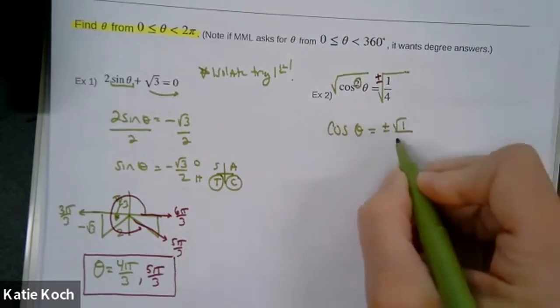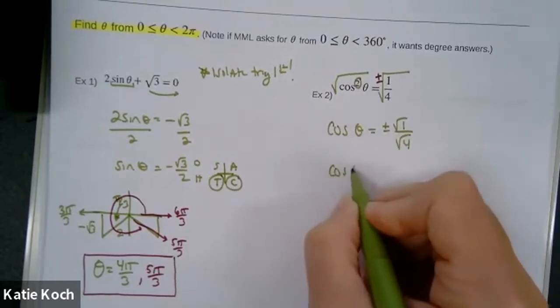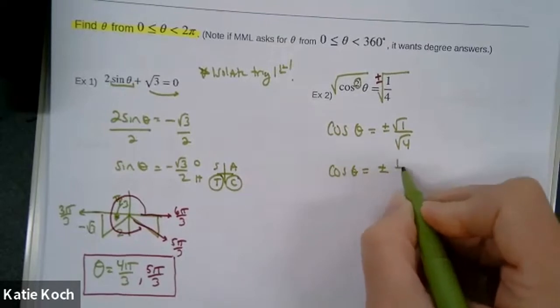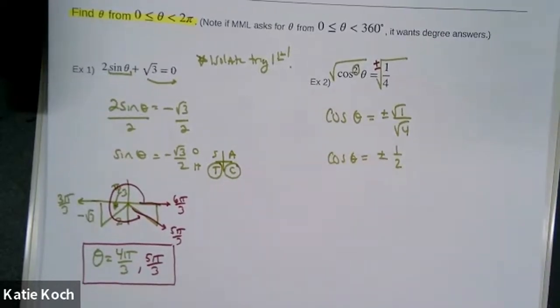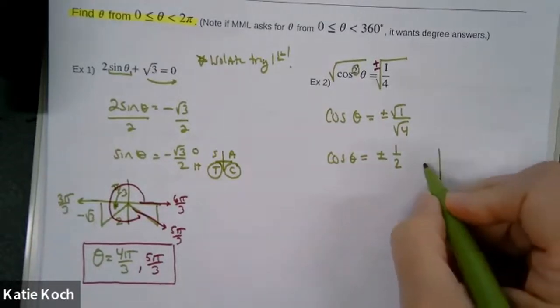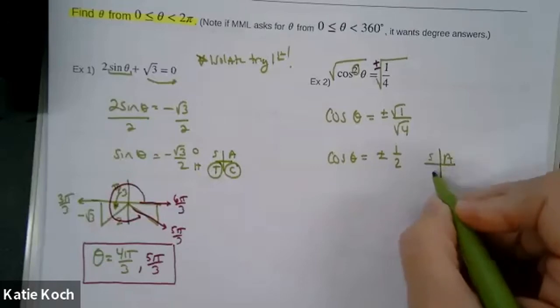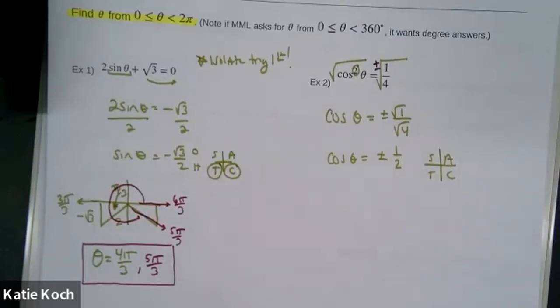I'm going to take the square root of 1 and the square root of 4. So that is going to be positive or negative 1/2. All right, those of you that have this memorized, you are already good to go. You already know my answers. But if you don't have these memorized, and there's some of you that don't yet, then you're